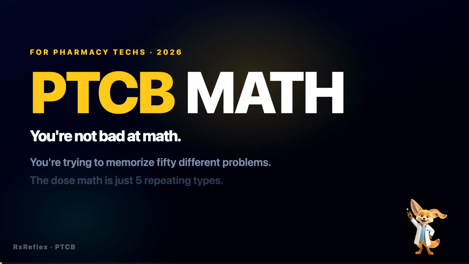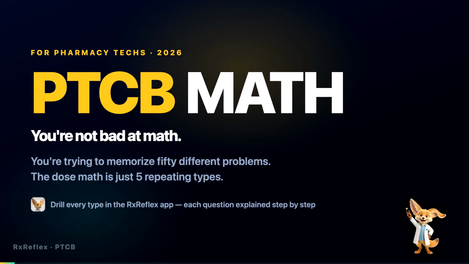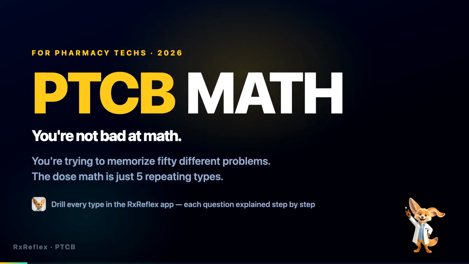You're not bad at math. You're trying to memorize 50 different problems, when almost every calculation on this exam is one of 5 repeating types. Once you can name the type, the math itself is the easy part. In the next few minutes, I'll give you all 5 with a worked example each, the step everyone skips before them, the one trap that costs the most points, and the 2 topics PTCB just removed so you can stop